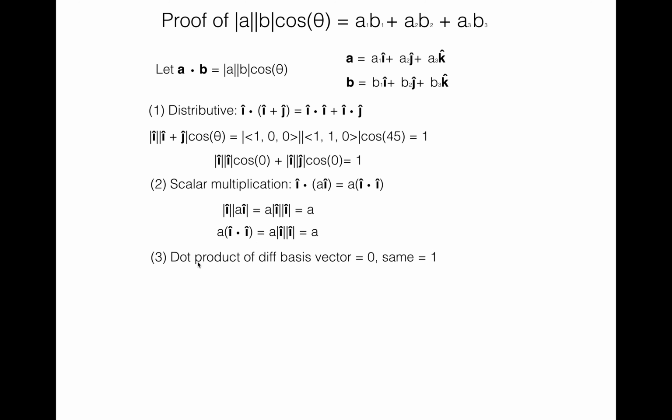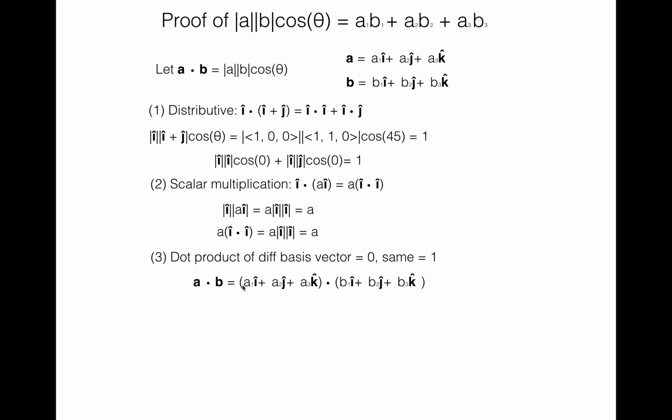From there, we do the same process to prove that the dot product of two different basis vectors, i or j, is going to be 0 by this definition, and if it's the same one, it's going to be 1. We've already seen this one here, and to me it's very clear it's 0. The cosine becomes 90, and cosine of 90 is 0, so I'm not going to go through the whole calculation of that. So from there, we take a dot product b, replace it with its basis vectors, and then